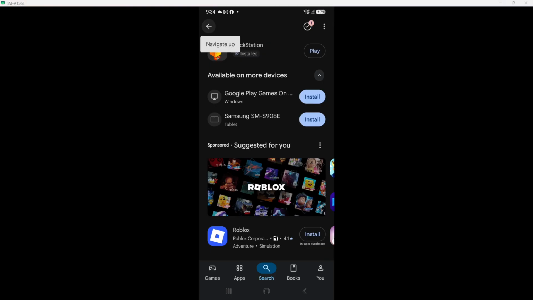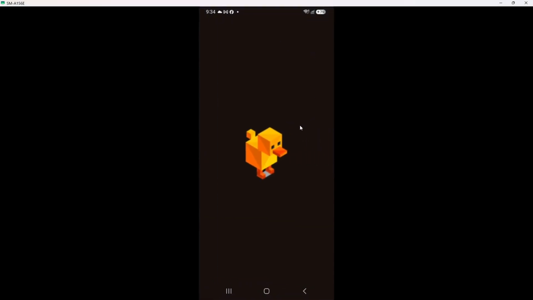Once the installation is complete, tap Open. This button will appear in place of the Install button. Tapping Open will launch DuckStation for the first time. You may see a welcome screen or an introductory animation as the app opens. This action confirms that DuckStation is now part of your app collection and ready for use.